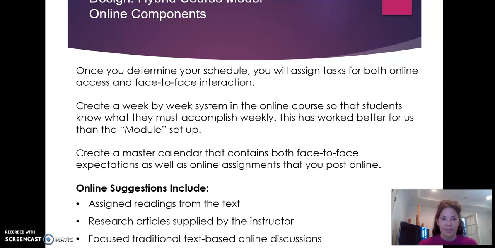Okay, as we continue this conversation, we're going to look at the online components when you're designing a hybrid course, and particularly looking at our hybrid course model. And once you determine your schedule, you will assign tasks for both online access and face-to-face interaction. You're going to create a week-by-week system in the online course schedule so students know what they need to accomplish